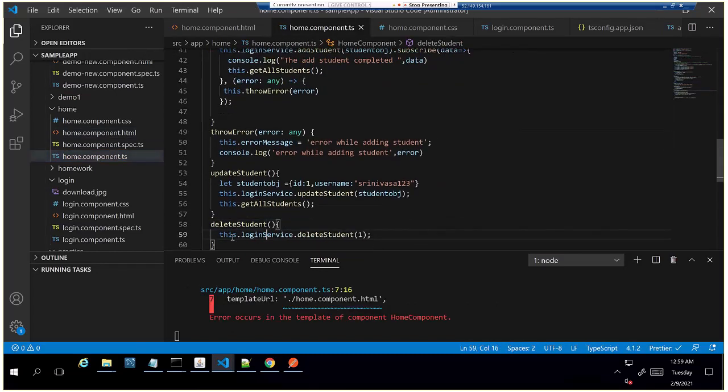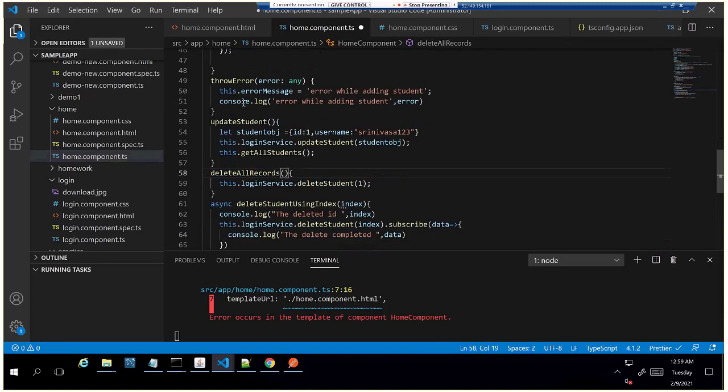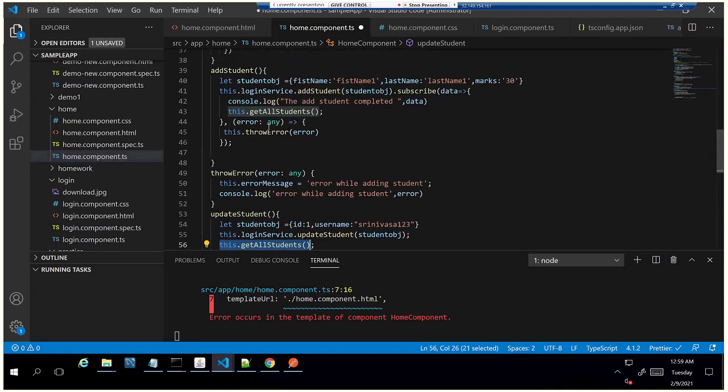So first we'll make a get all students method, and we'll get the response from here. In this method, we'll iterate through the student list. Otherwise, we already have the student list in our page.